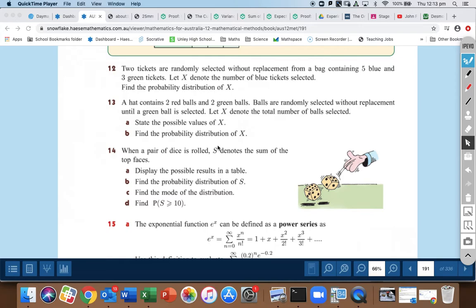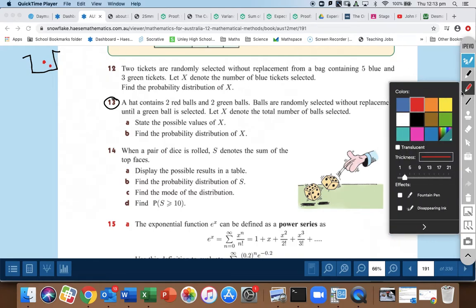How are we? I'm looking at question 13. This is in exercise 7B on page 191. And we want to look at this question here, 13. We've got a hat and it contains 2 red balls and 2 green balls. So there we go, there's my hat. You can't see inside the hat. There's 2 red balls, 2 green balls,